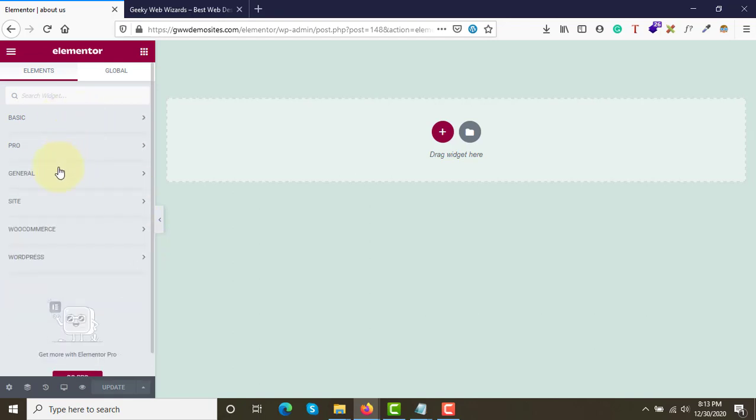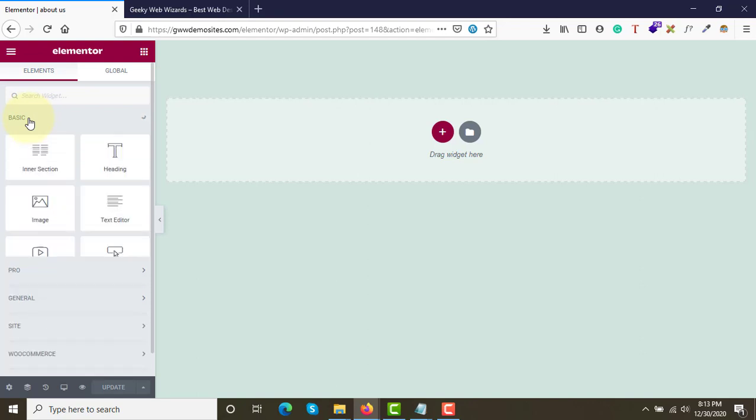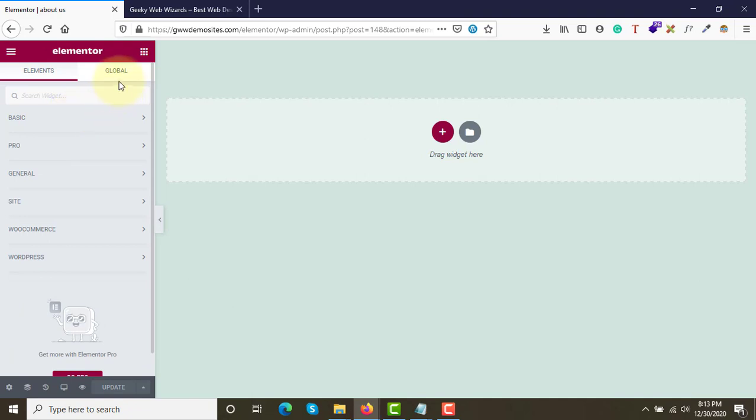Somewhere around 30 elements we get access to, and trust me guys, using these 30 elements we can create an amazing website, and I'll show you in the next video. How to use each and every element, we'll see in the next video. And yeah, here at the bottom we have some options.